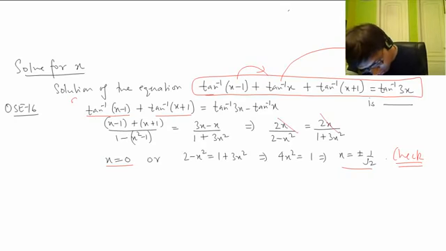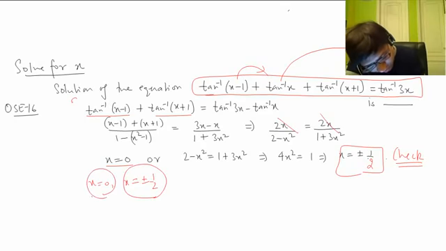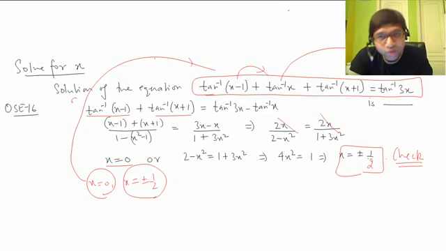Quadratic, solve the quadratic, we are getting two values. This is a mistake, half. So we are getting three answers: x equal to 0, x equal to plus minus half. Now I'll suggest that in inverse questions, after finding these values, you check which of them satisfy, because there are a few reasons you can get extra answers.